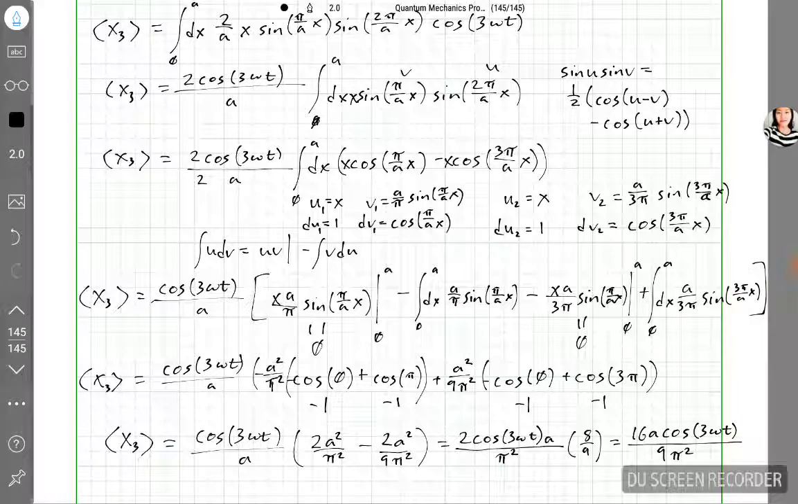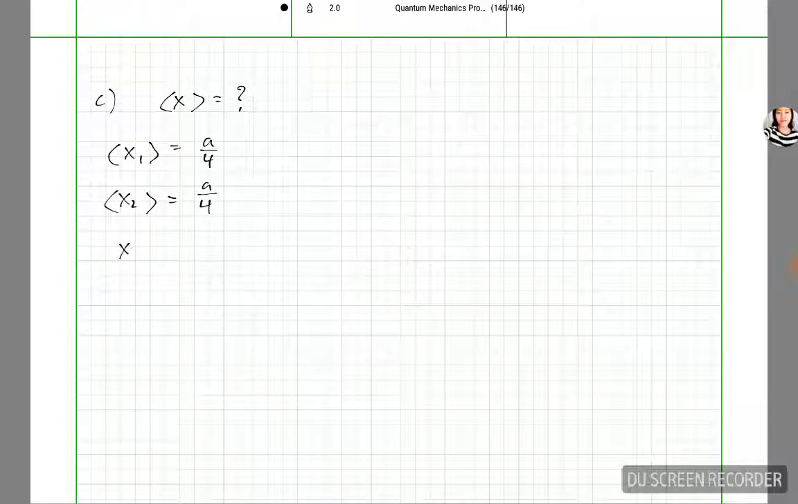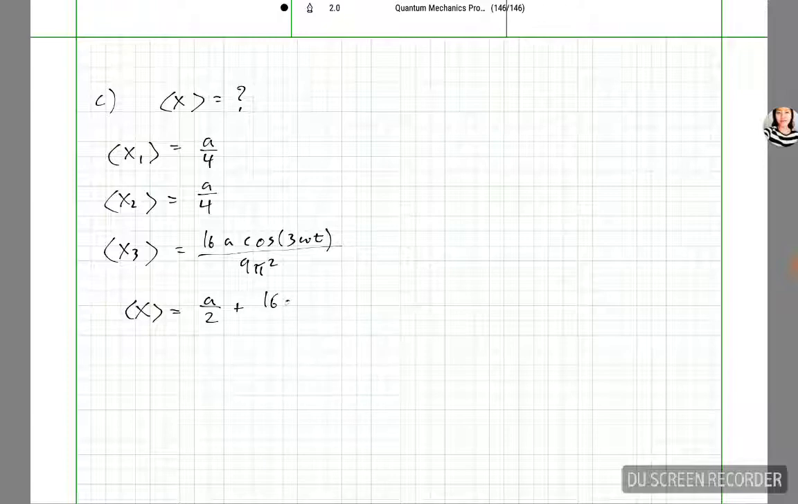Okay, now I'm just going to put this all together. So part C, if you forgot already, wanted to know the expectation value. So expectation value 1 was, you can see I've already forgotten, a fourth. Expectation value 2 was the same. Expectation value 3 we just did was 16a cosine 3 omega t over 9 pi squared. So putting all those integrals together, we have a fourth plus a fourth is a half, plus 16a cosine 3 omega t